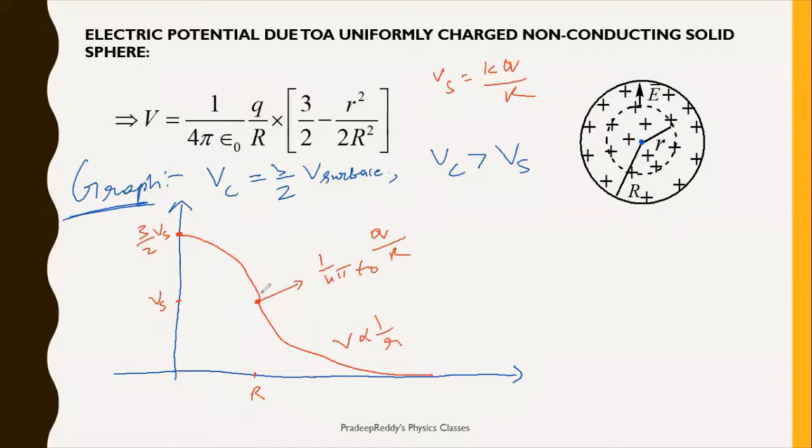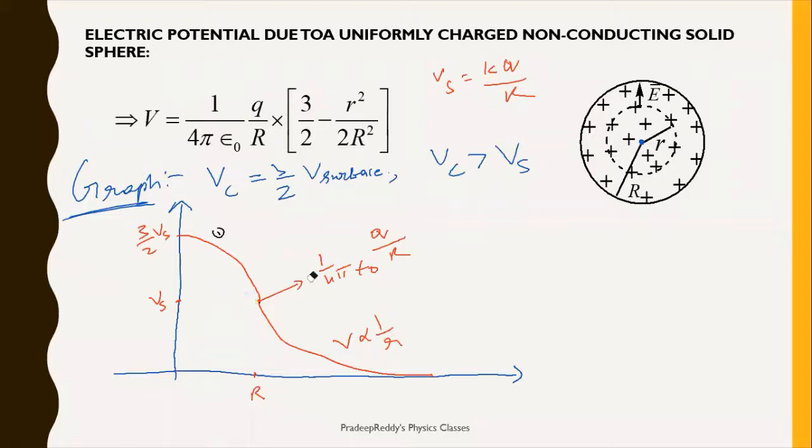And from the center, if you are coming out, potential is decreasing, but understand that you should not mark it like this, like most of the people will be marking it. The decrease can be like this or even like this also. This is 1 and this is 2. So don't draw this. The decrease will always be in the form of 1, because in the second term you have the capital R value. So that is a very important thing you should understand.